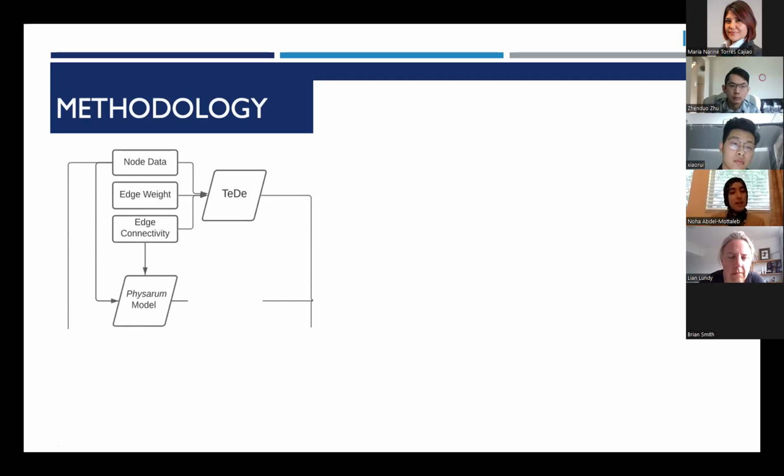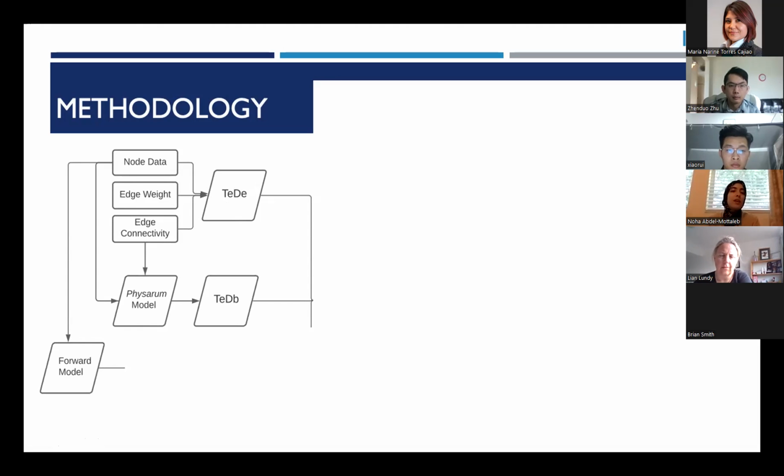Then we take this data of the connectivity of the network, and we feed it into a slime mold model to obtain updated diameter data. So now we have a new network with the same connectivity, the same location of pipes, but with updated diameters that are bio-inspired, hence the DB.